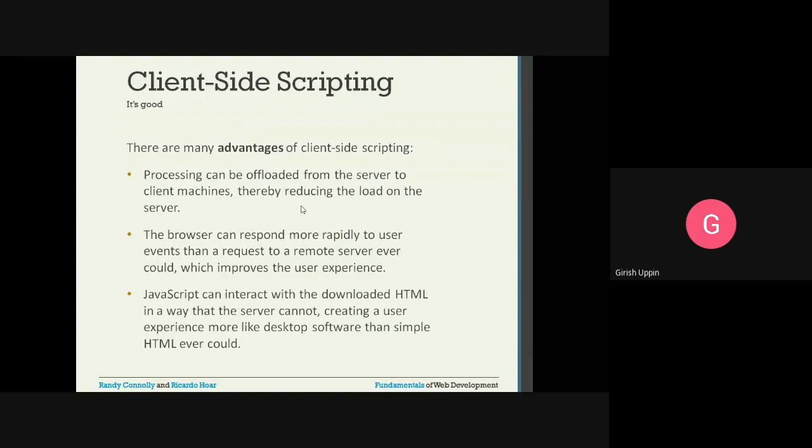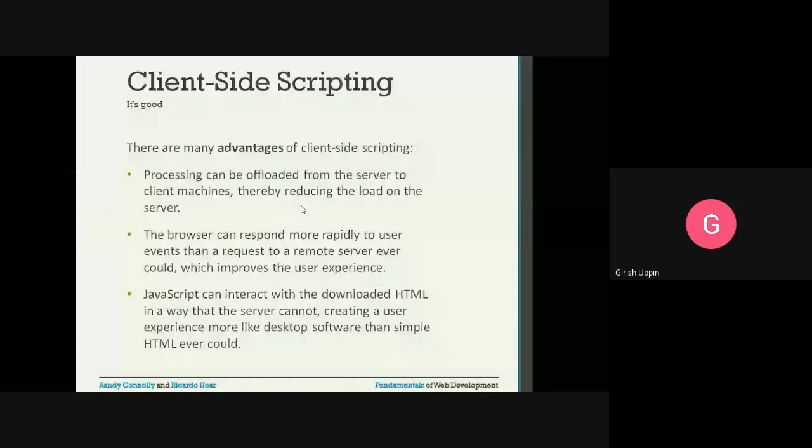The minute you have written JavaScript to do the validation, immediately after the user enters the data, we can do the validation and tell them that the number field should be entered with only numbers, not any other characters or special characters. So this way we are avoiding the trip to the server.